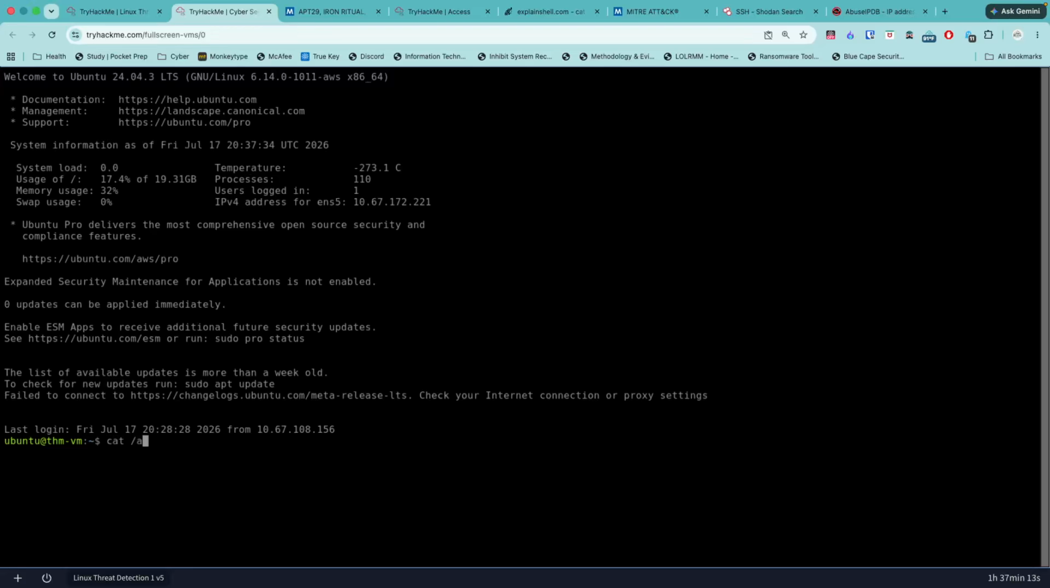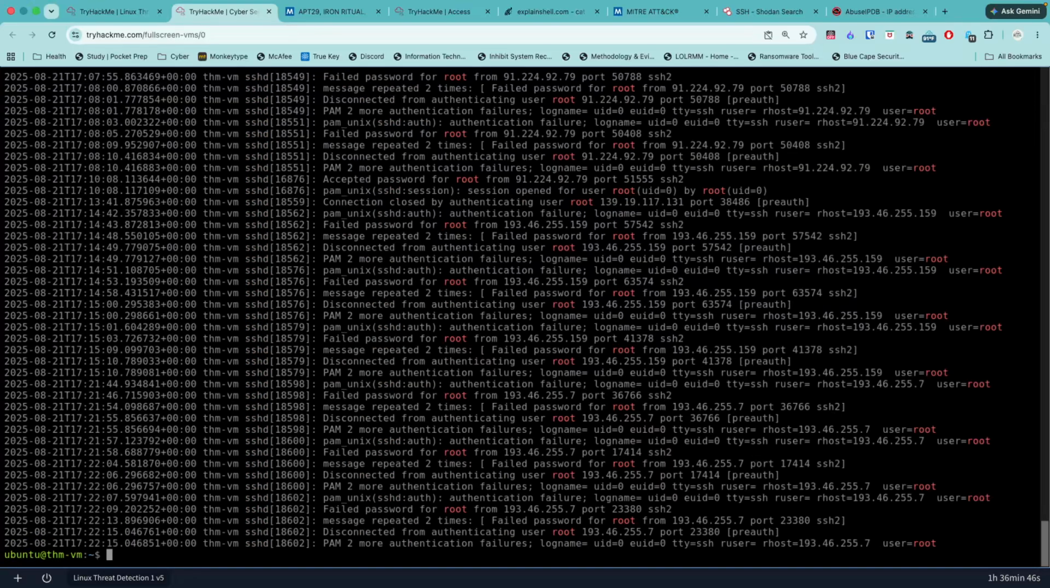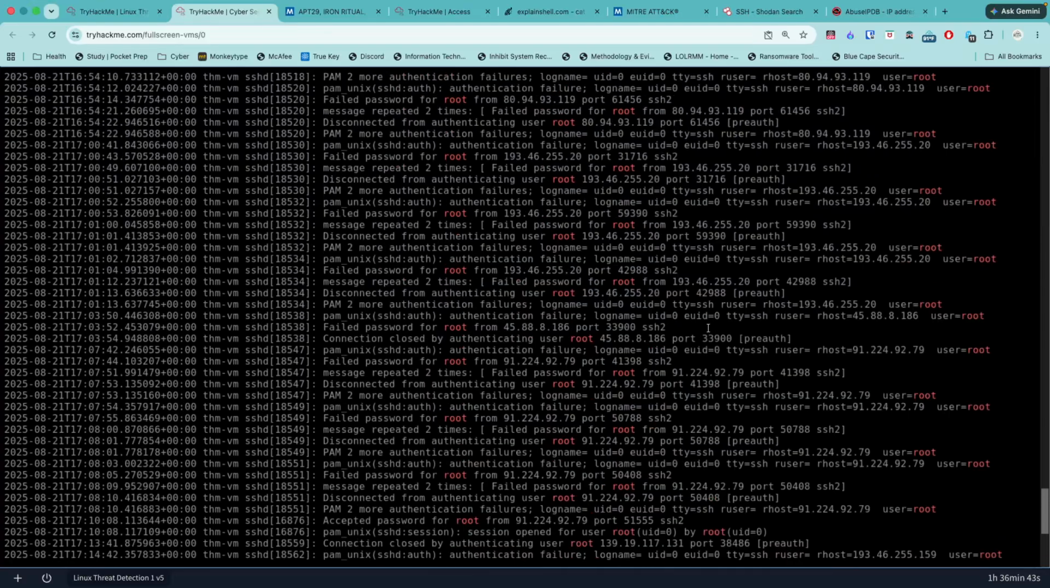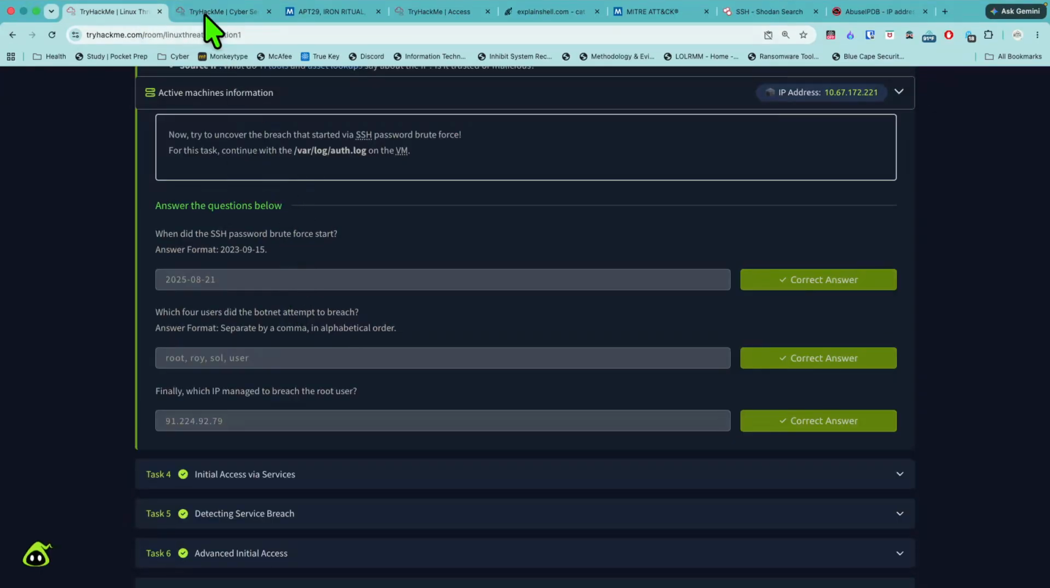So let me just type in cat var log auth.log, and then let's do grep sshd, and then we're going to look for grep root. Nice. All right. So now we're going to try to look for the IP which managed to breach